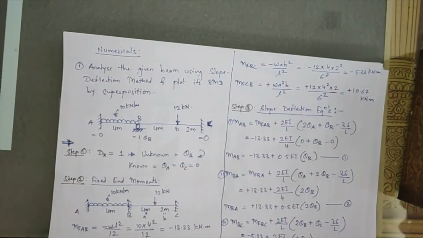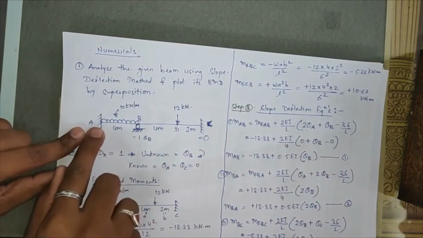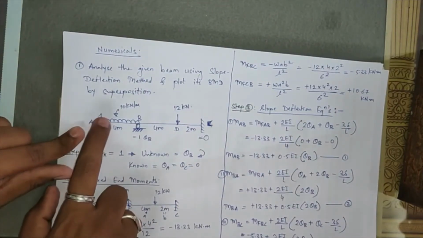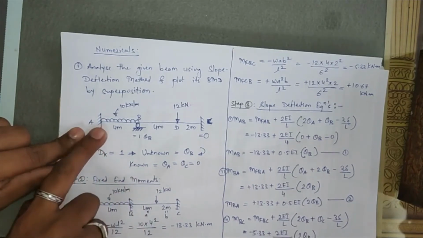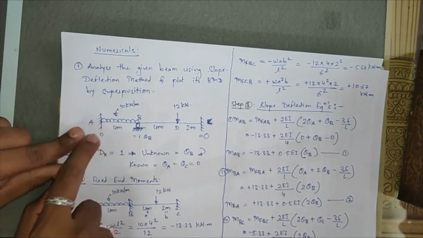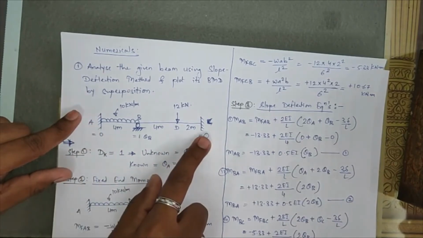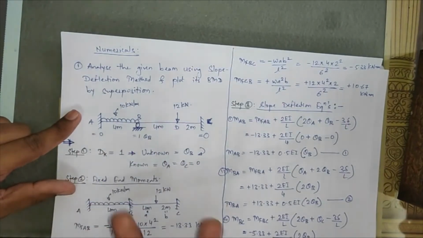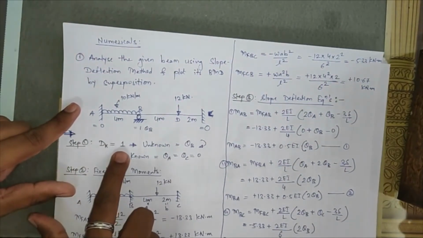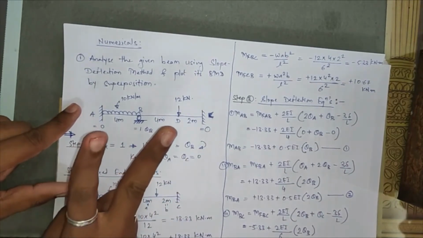These are the conditions which you can specify in your numerical. That is, at your joint A, can I say that the moment occurring at this joint will be 0? No, because here it is a fixed support, so I cannot say. If there is an end that is having a hinge or roller support at joint A, then I can definitely say that the moment coming at this joint A will be 0. The same way for C, because it is also fixed. So what are the equilibrium conditions? These conditions will be equal in number to your degree of indeterminacy value. If your value comes equal to 1, you will have one condition. If it comes 2, you will have two conditions of equilibrium.